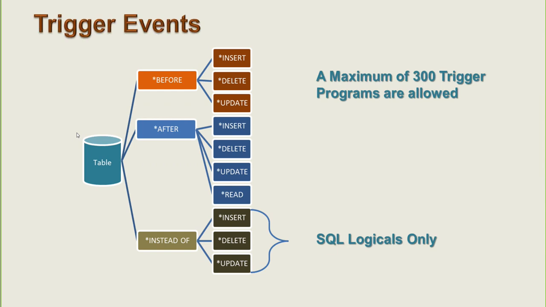There's the before class, which is before the update is actually confirmed to the table, i.e. insert, update, or delete is confirmed to the table. There is the after class, which are used and called after the insert, update, delete has been applied to the table. There is also an additional triggered event there called read,